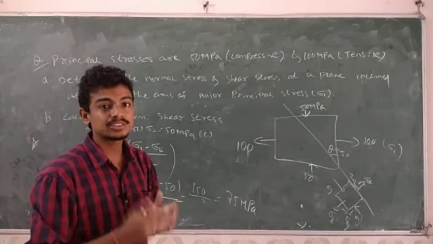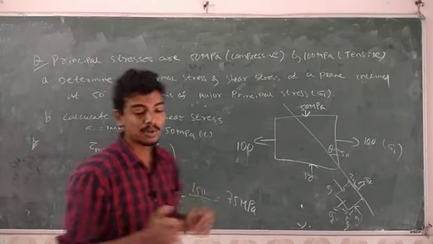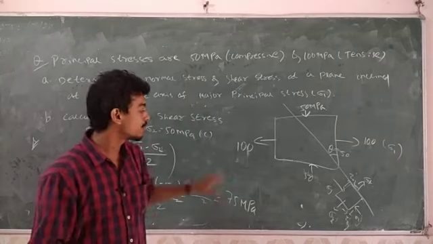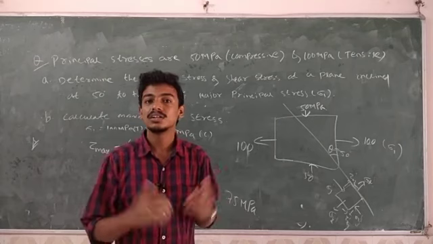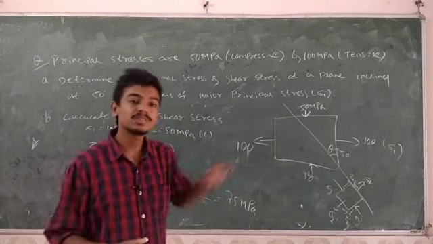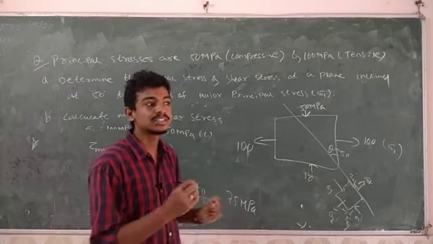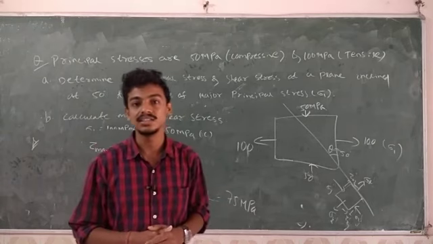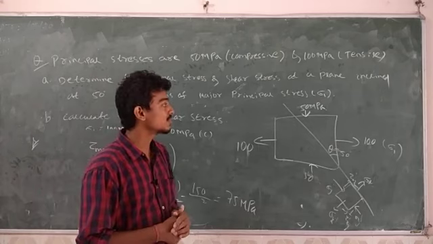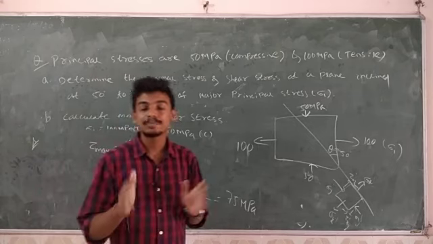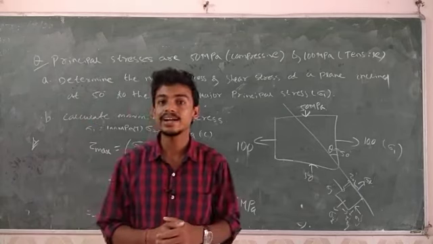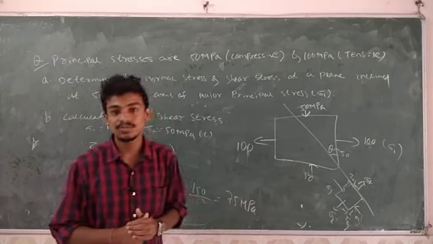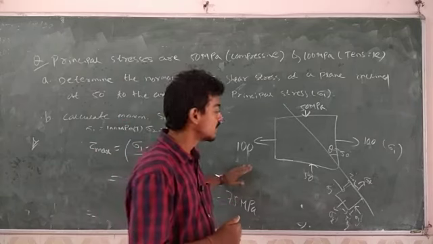Our case 1, case 2 and case 3, whichever the problem, if the concept is clear, then you can solve the problem. The problem is only related to our given data and the formula. Write down first the given data, then write down the formula, then put all the values, then your problem will be solved very easily. Okay, hope it is clear to everyone, case 1, 2, 3. So now the remaining part of the chapter is our case 4 and the graphical method, that is the Mohr circle method. I will take one class for that, then this chapter will be over.